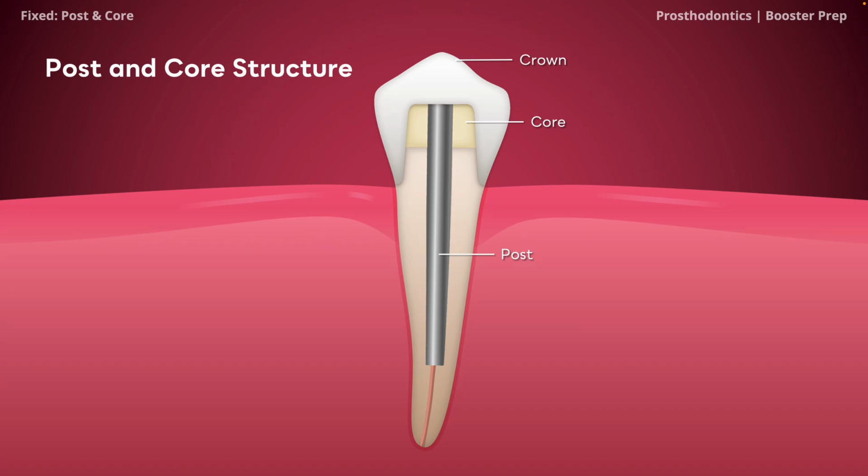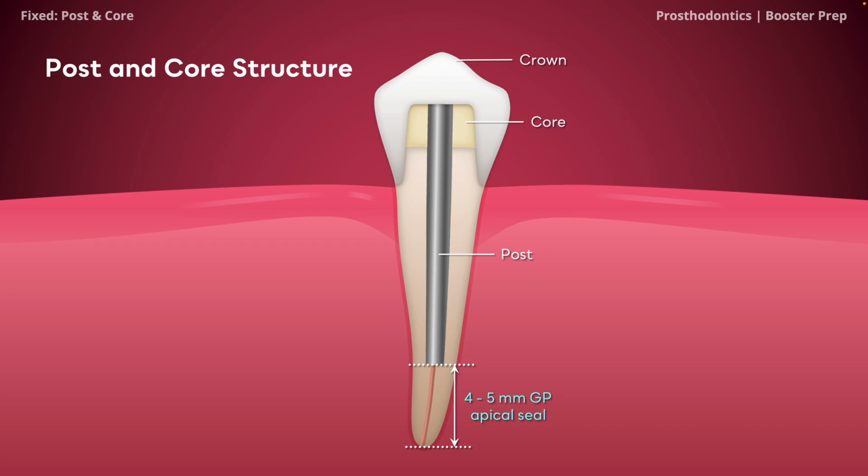You'll also want to consider the apical seal, which is another critical factor in the success of a post and core procedure. The apical seal just refers to the tight closure of the root canal at its most apical end with sealer and gutta percha. The seal prevents the infiltration of bacteria and oral fluids, which could lead to infection and failure of the endodontic treatment. In order to conserve the apical seal, 4 to 5 millimeters of gutta percha should be kept apically during